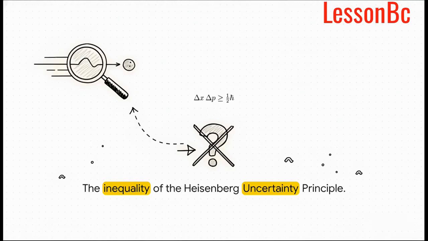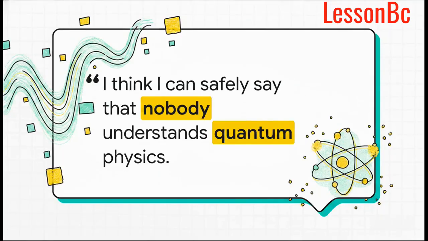It shows that the uncertainty in position multiplied by the uncertainty in momentum must always be greater than or equal to a specific constant. Long story short, you physically cannot have perfect certainty for both. This final concept just goes to show that the microscopic world behaves very, very differently from classical physics. Matter behaves like waves, and energy comes in distinct packets. If your head is spinning just a little bit from all of this, honestly take comfort in the words of the brilliant Nobel laureate Richard Feynman. He famously said, "I think I can safely say that nobody understands quantum physics, so we're all in good company."